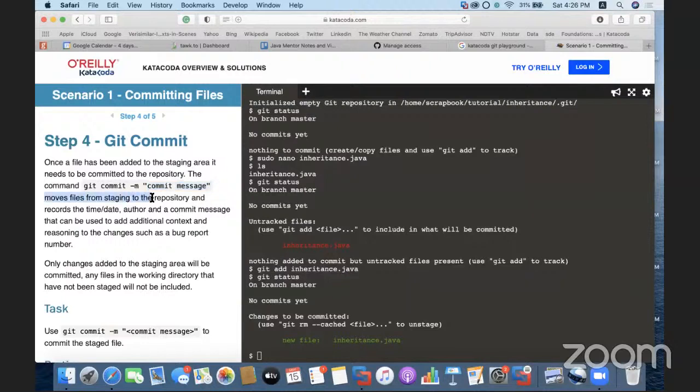ठीक है, this moves files from staging area to the repository and records the time, date, author and a commit message that can be used to add additional context and reasoning to the changes. Okay, so let's say यहाँ पे इन्होंने bug report नंबर किया है, मान लो हमारे पास कोई कोड था, अब उसमें कोड में कोई बग आया, हमने उसको रिसॉल्व करके नई फाइल बनाई, तो अब हम उसको कमिट स्टेज एरिया से हम उसको रिपोजिटरी में जब ट्रांसमिट करेंगे तो हम एक मैसेज डाल देते हैं।